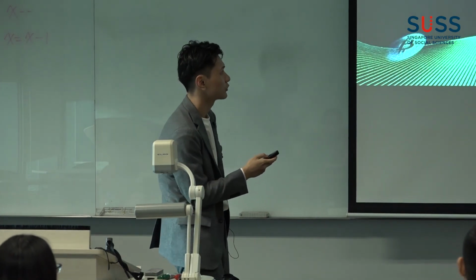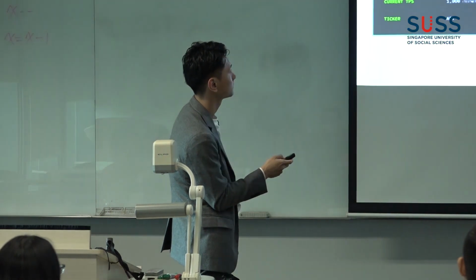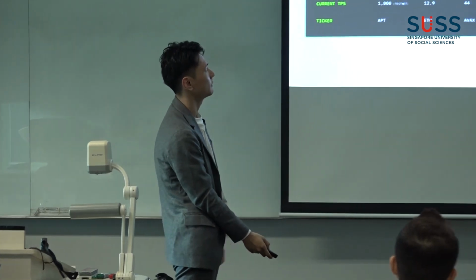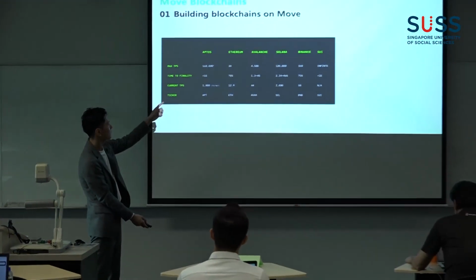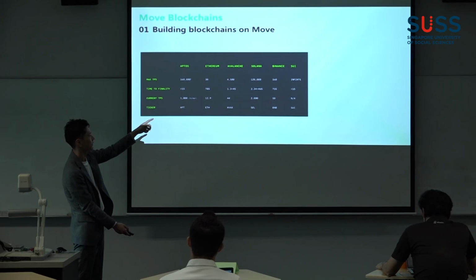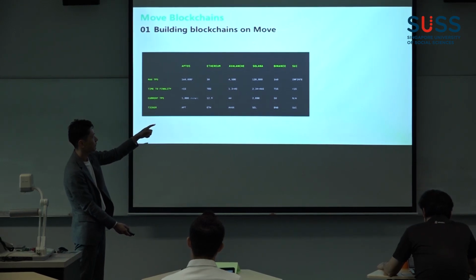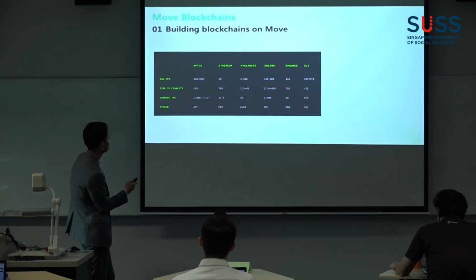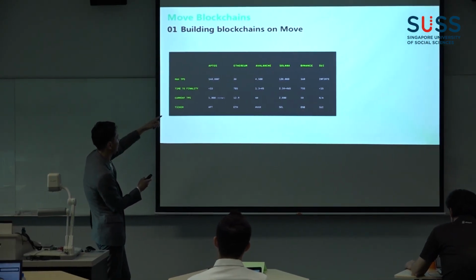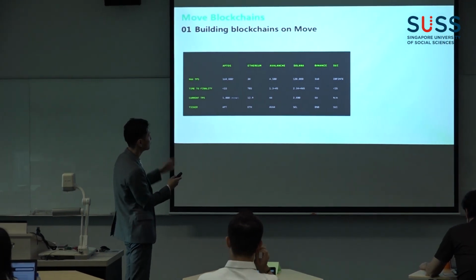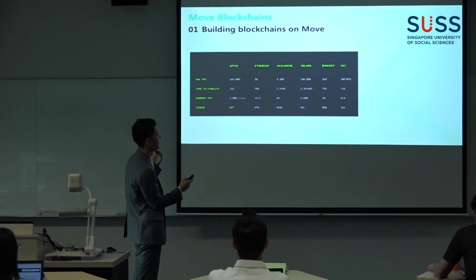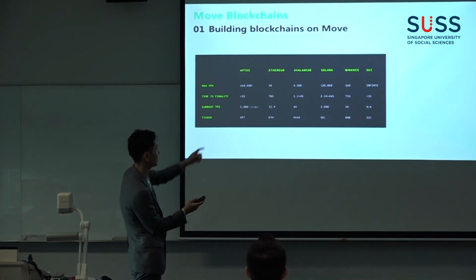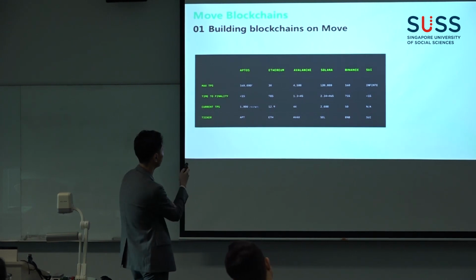So let's look at blockchains that are based on Move. Here we can see a simple comparison of different blockchains. We have Aptos, Ethereum, Avalanche, which is another EVM chain, Solana, Binance BSC, and Sui. We can see the difference in TPS. Move is superior in my opinion because it allows parallel execution and it's really fast. The Ethereum TPS is only 30, but for Aptos it's